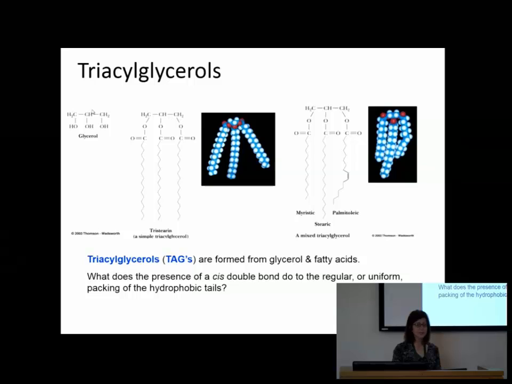Now here, we're showing that the fatty acids are all the same. That's not normally what happens. Usually we combine different kinds. So here we have them different lengths, and here we throw in an unsaturated one to show the kink in that. So triglycerides, again, the glycerol and the fatty acid come together. And I really want you to know that what is formed is that ester bond.